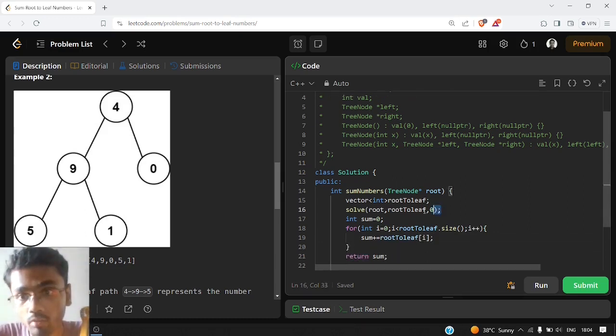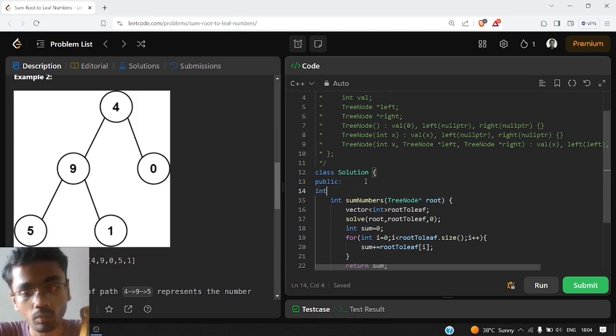Now let us see how we will generate this root to leaf number. For that we will write the solve function now. It is actually a void function.